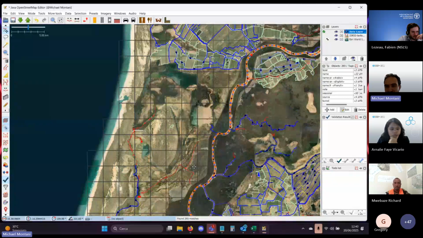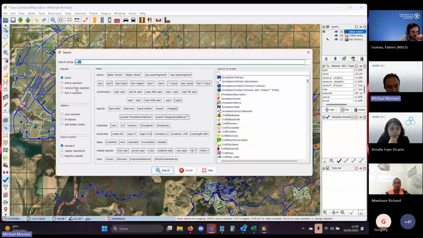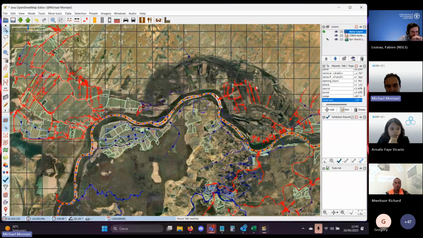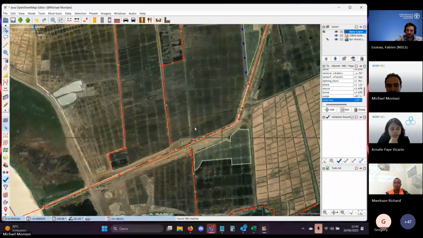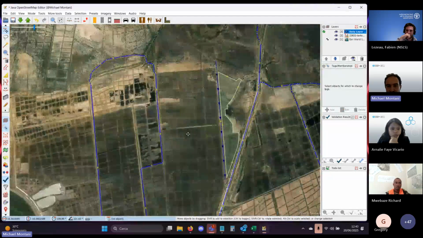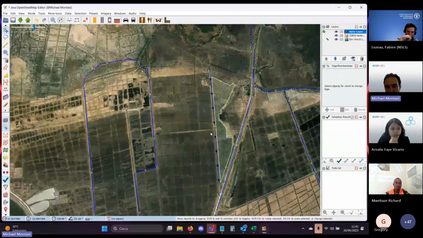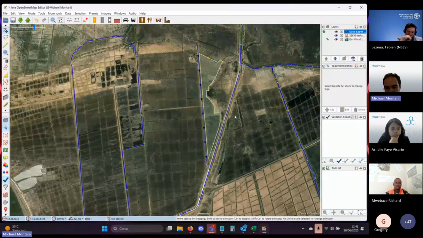Then we have canals, which have a much more regular shape. They pass through farmlands, and you can clearly see water inside them. And drains are smaller waterways connecting to canals. Anyway, our focus will again be on canals and farmlands.